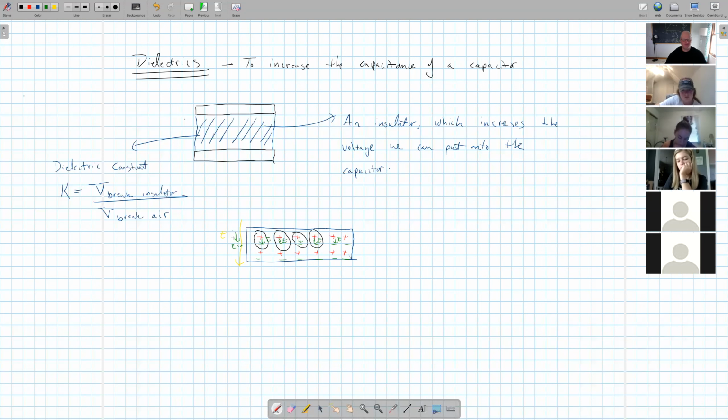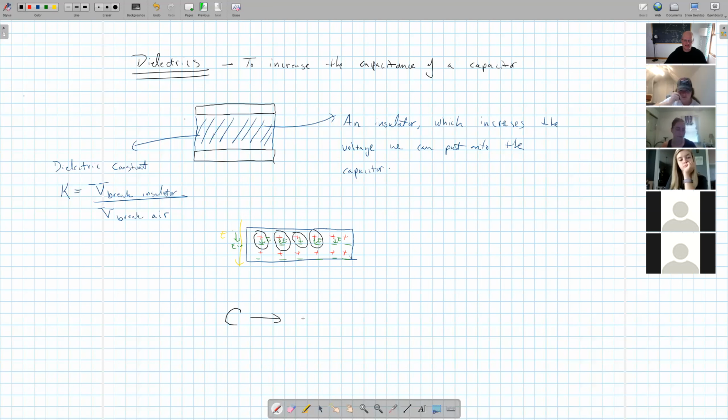Now here, what that'll do is also increase the amount of potential, which will then allow for me to put on more charge and more potential across the plates. Okay. So ultimately, the point of putting in a dielectric is that it increases the